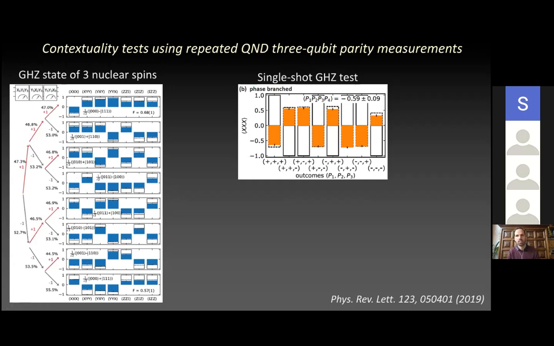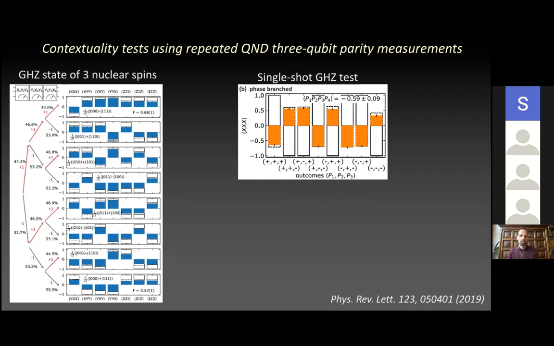And indeed, if we apply them all, we see something that's of course not exactly -1 due to technical imperfections, but we get something that's -0.6. So the beauty of this, I think, is more in the concept that you can do it in each shot. You get the contradiction with the classical expectation.